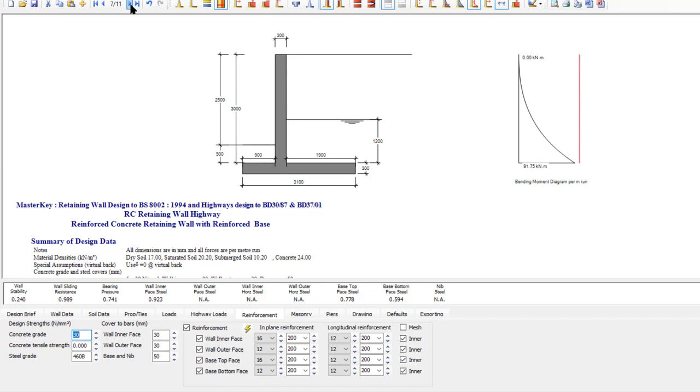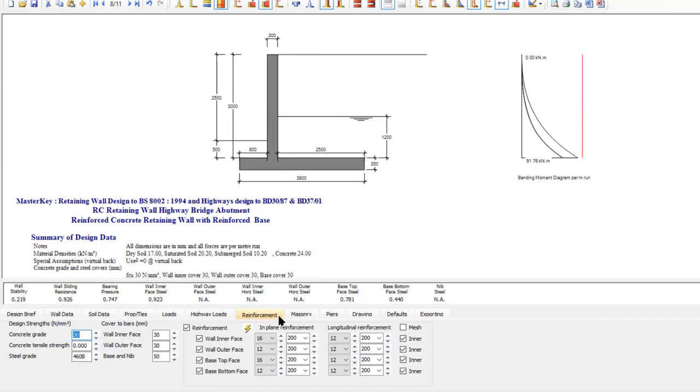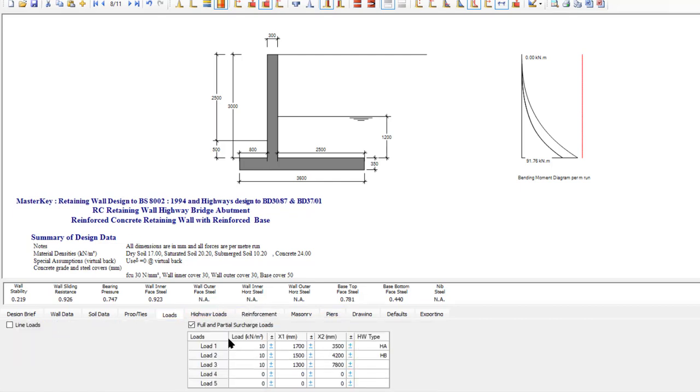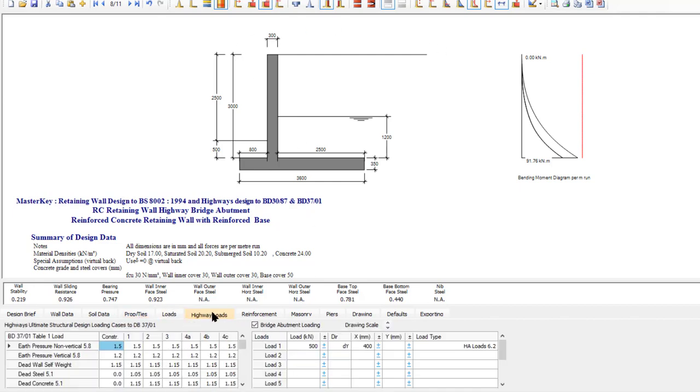Very straightforward. The next one is the more complex when we're dealing with bridge abutment, where we're actually putting loads on the wall, and we're putting loads and saying whether they're HA or HB loads and applying them thus. So we can apply these surcharges over the floor, all over the soil and onto the wall abutment. And then you can see also you've got the abutment loading itself. So we're putting a 500 kilonewton, a 50-ton load straight onto the wall, and it's at 400,